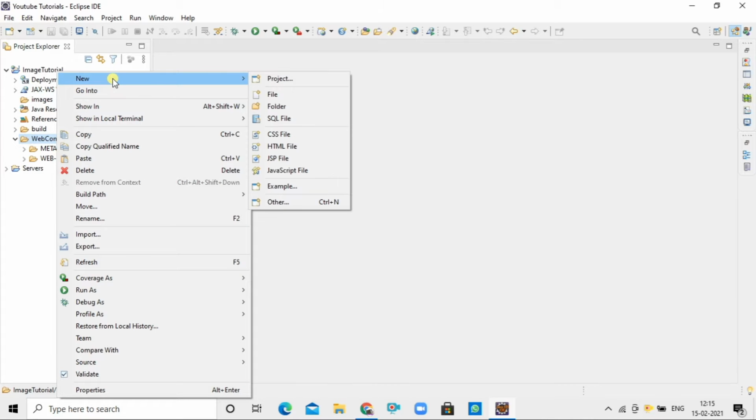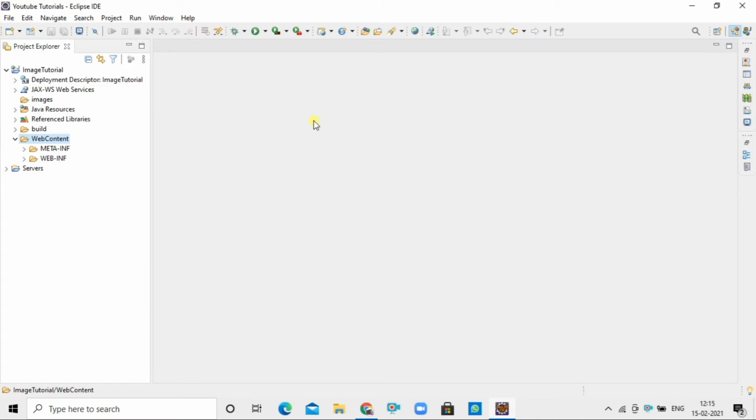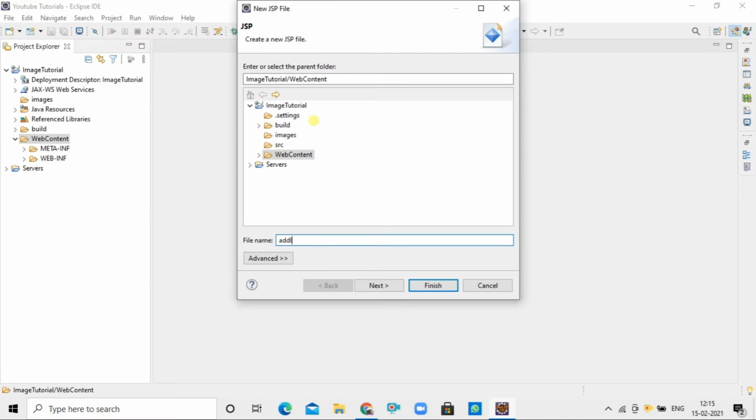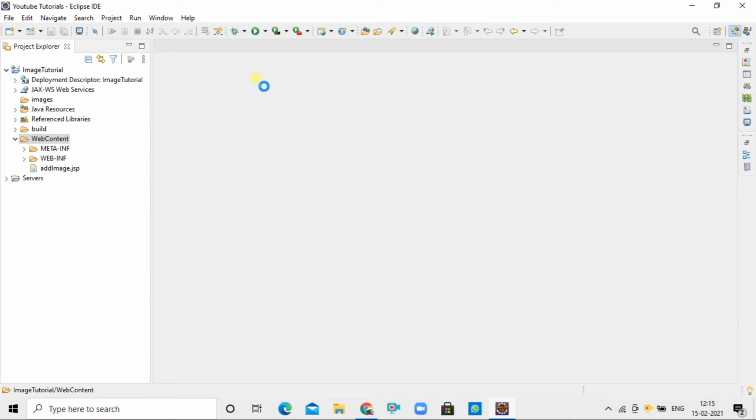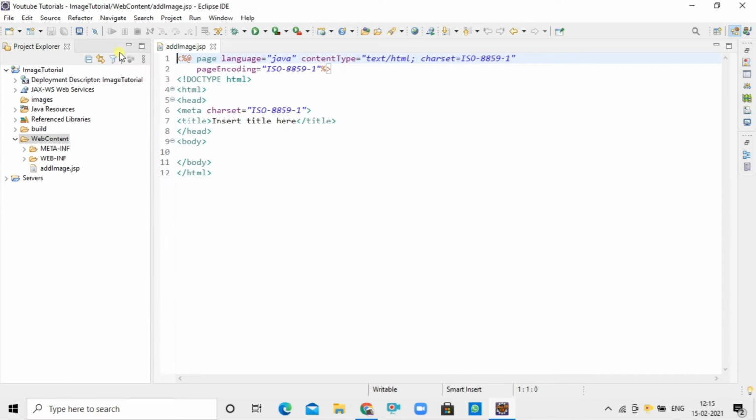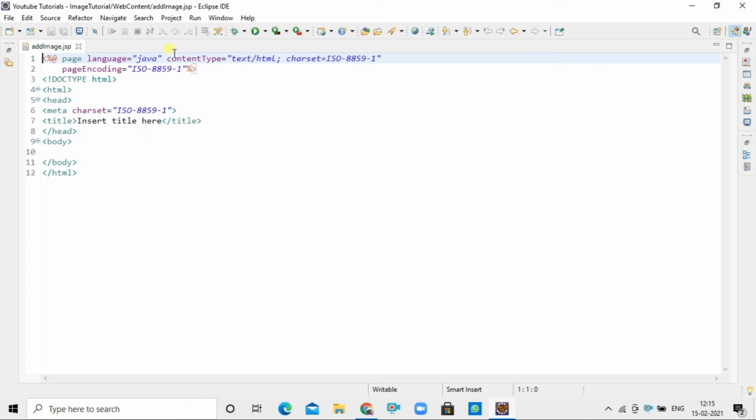And now I will create a new JSP file, add image.jsp, inside web content. Firstly, I am changing the title to add image.